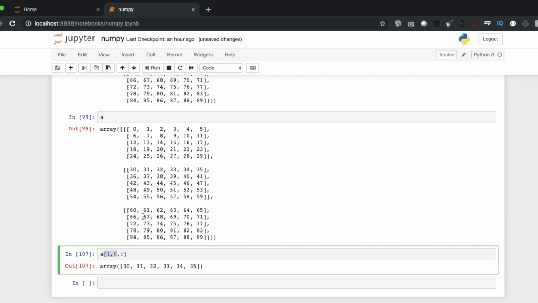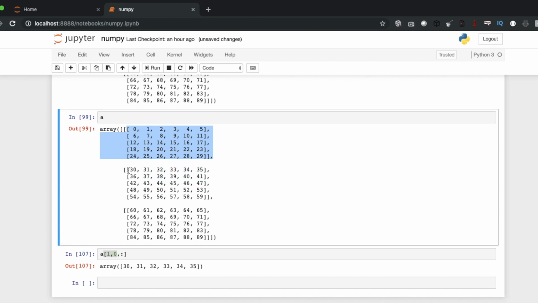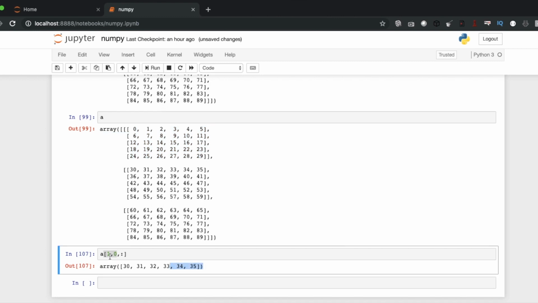So this is the actual slicing, and this is the get item call. First I have to collapse one dimension using this, and using this get item I have collapsed another dimension. So initially I was 3-dimensional, now I am having just one dimension.